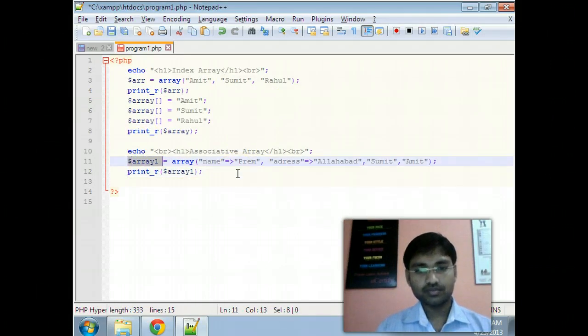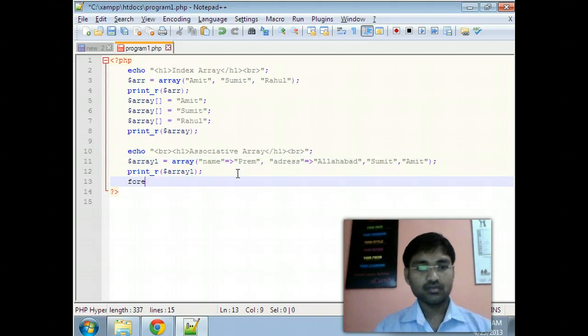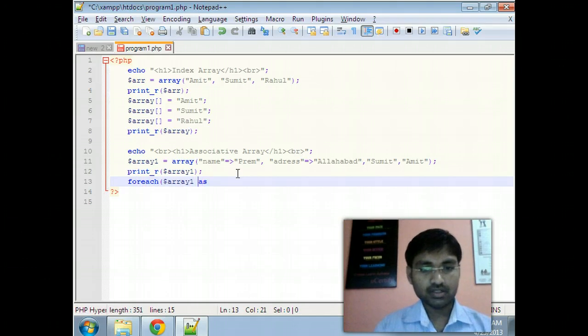If you want to print any array by each iteration, then you can use foreach. First value is the array and second value is as $key and as well as value. If we don't need the key, then we just put the value.